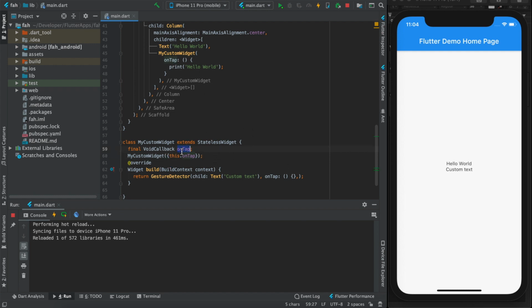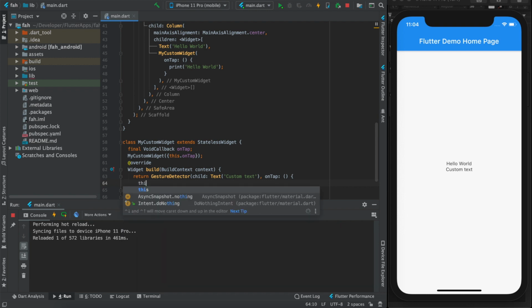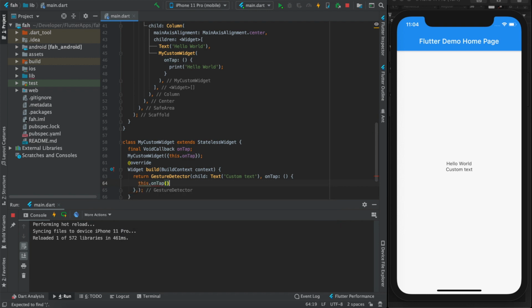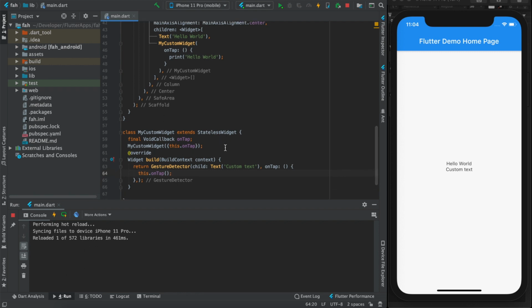And this onTap should be called at some time. So we need to call it here when our widget is being tapped. So this.onTap. When our widget is tapped, this onTap function is going to be called, and this hello world should be printed inside our console.